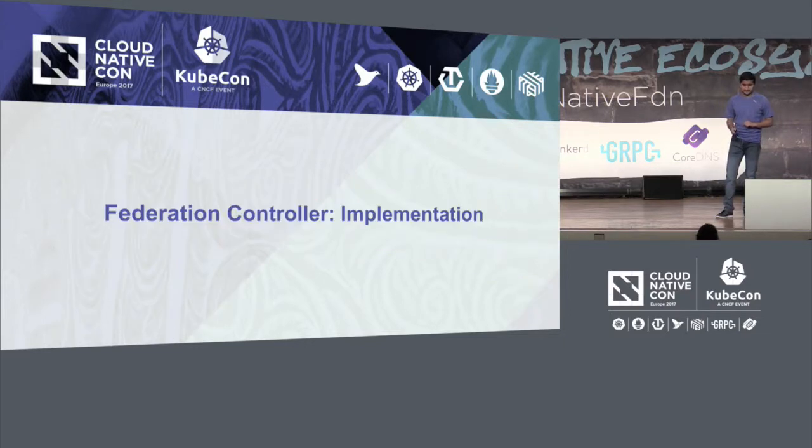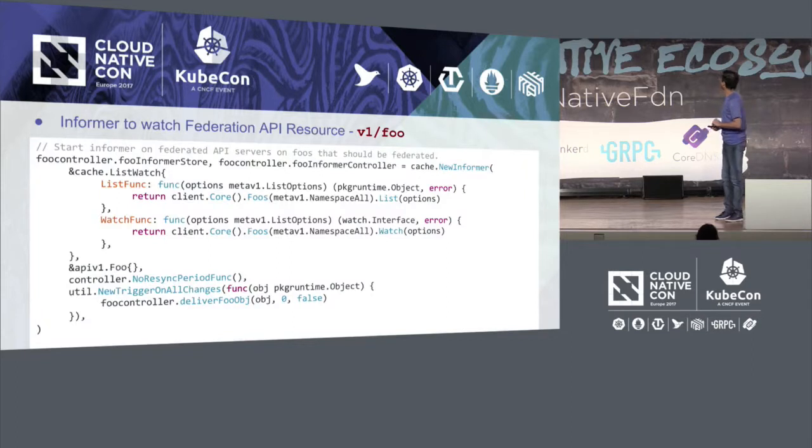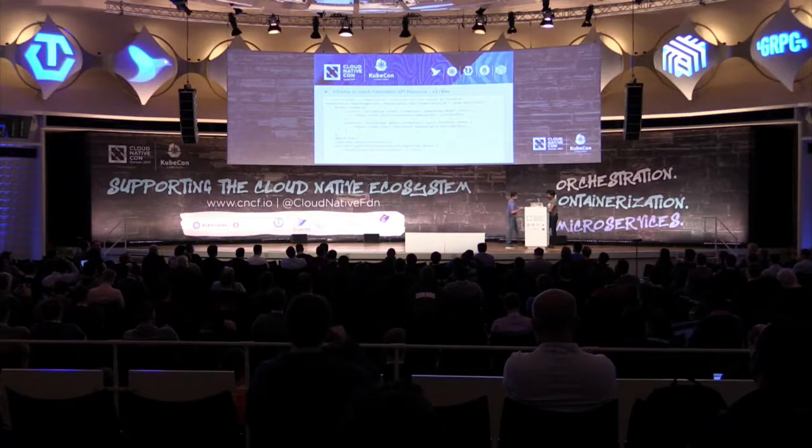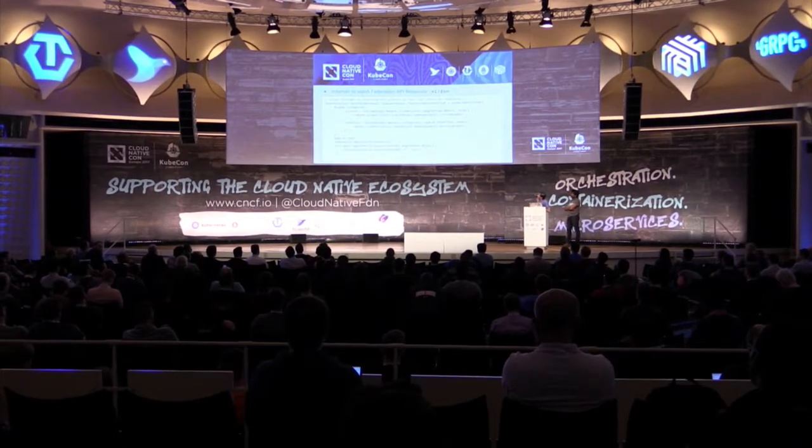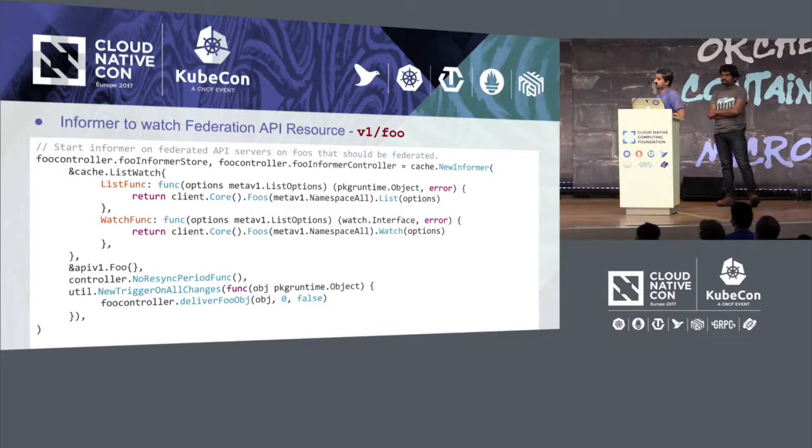So with that, let's actually go right into the code. This is a little too much, I think, but let's see how much we can do here. So we talked about all these conceptual things. The first thing that we talked about was watching the foo resource. The controller infrastructure in Kubernetes is actually a library that you can use. There's a lot of code in here, but I'll point out the important bits. Some of this is boilerplate, which is setting up the library or calling the right functions or the packages,